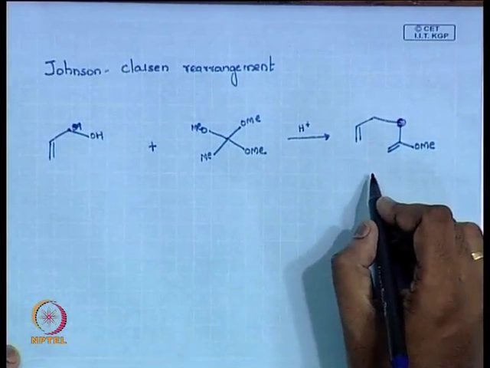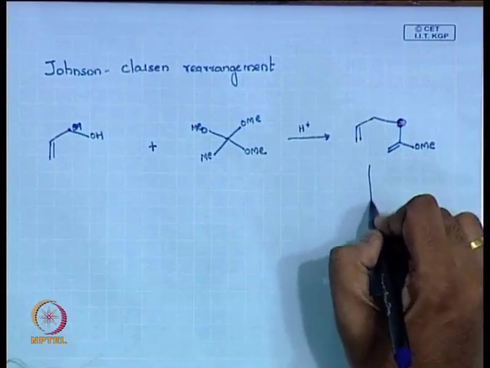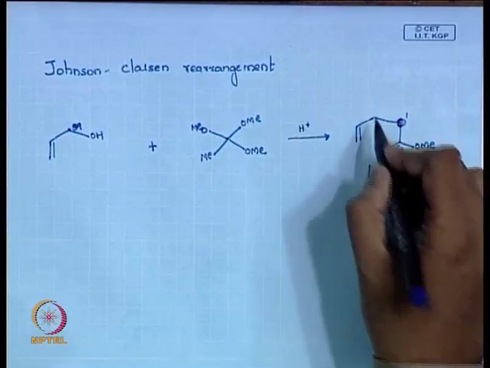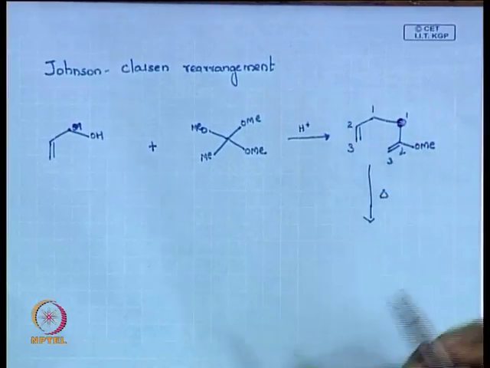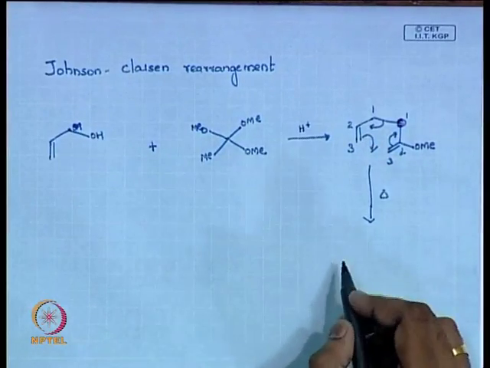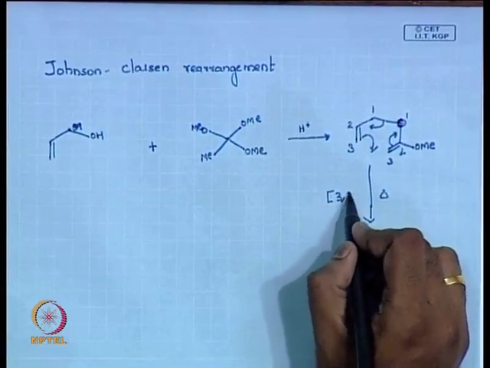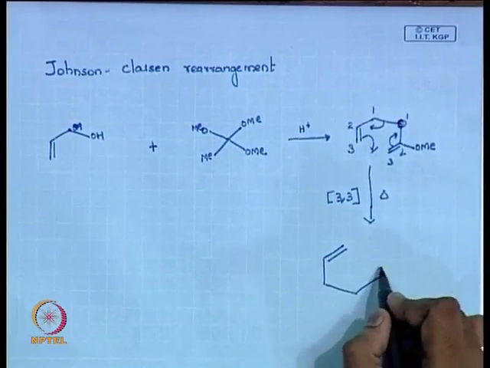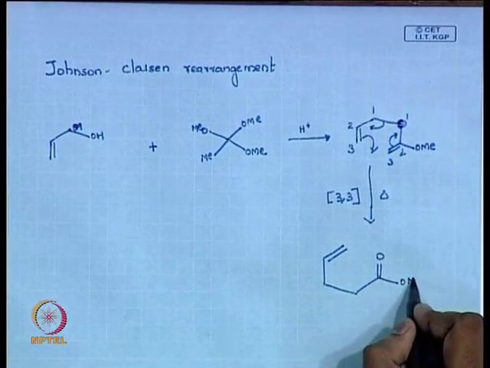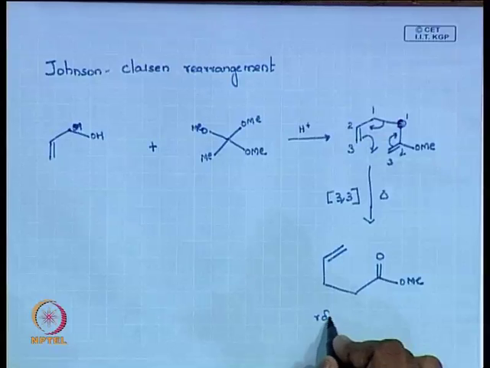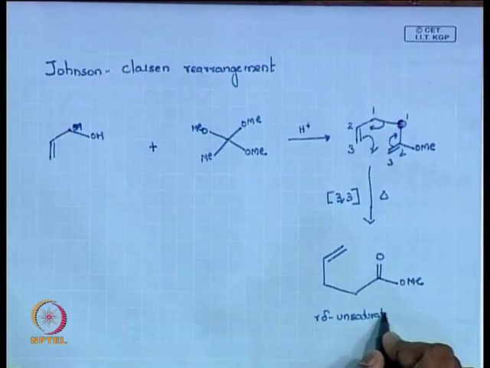Okay. Now you can do a Claisen across this, right. If you heat this, you know how to number this: 1, 2, 3, 1, 2. Just heat this, it undergoes a nice 3,3, which is your Claisen. See what you got in your regular Claisen rearrangement: you got your gamma delta unsaturated aldehyde, right. In this case you end up with your gamma delta unsaturated ester,